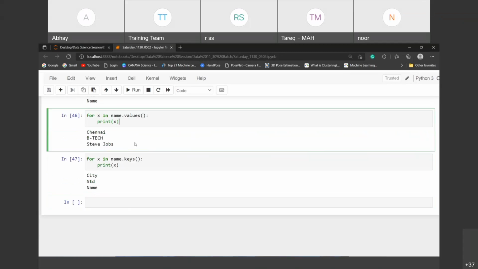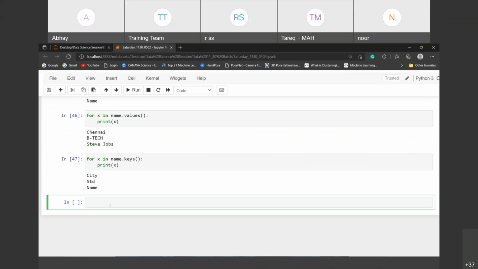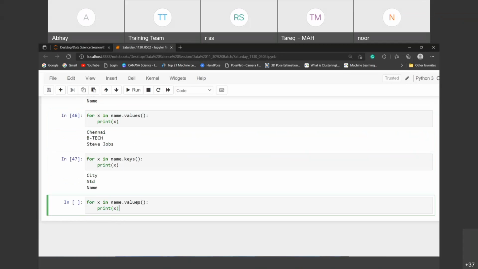But if you want both, any idea about that? Is it correct? Is this the correct point?